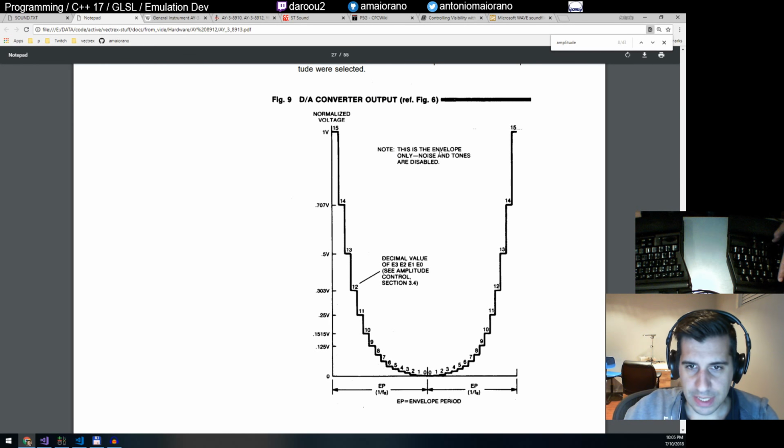So this is the envelope only, noise and tones are disabled. They're showing from 0 to 1 volt here. They're showing the logarithmic steps for each of the volume values. So their claim,